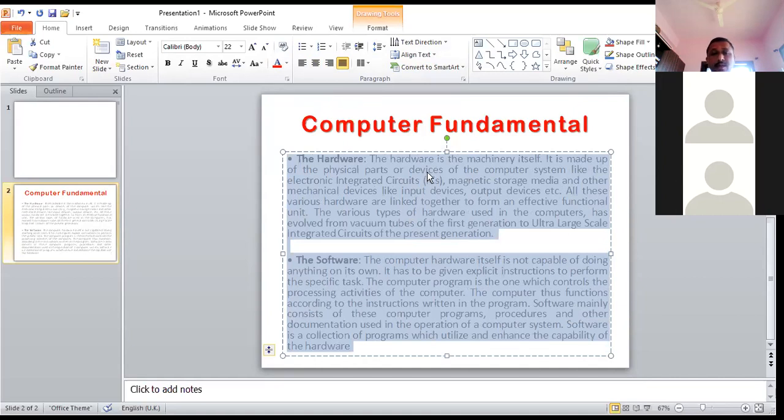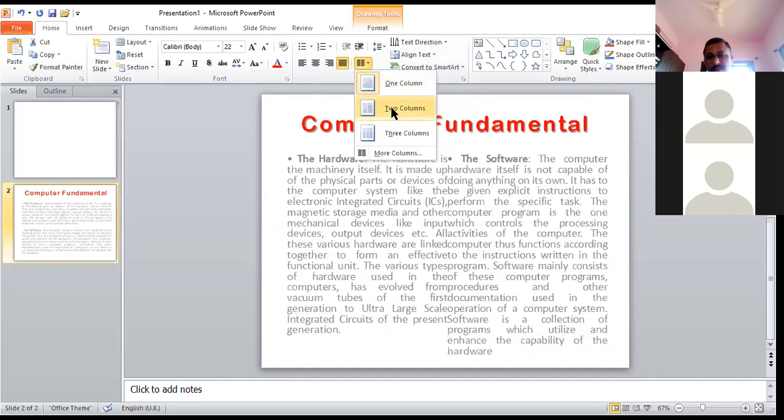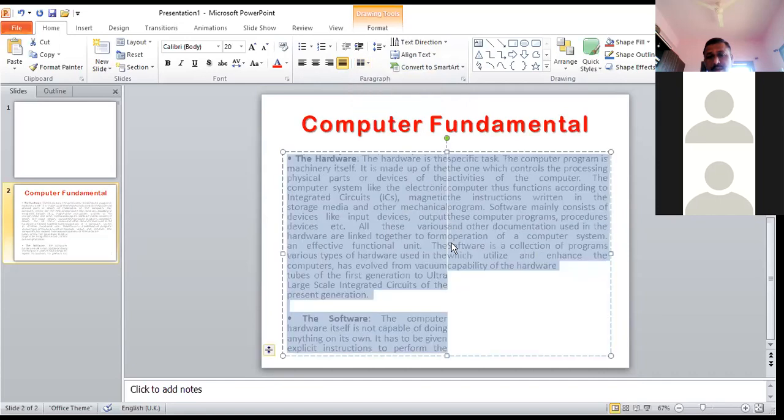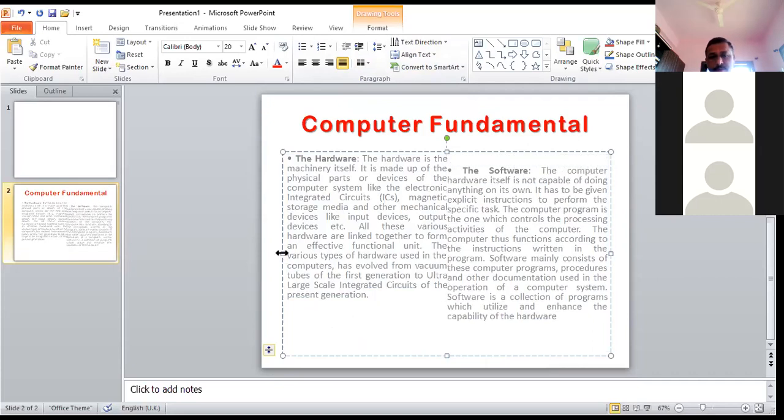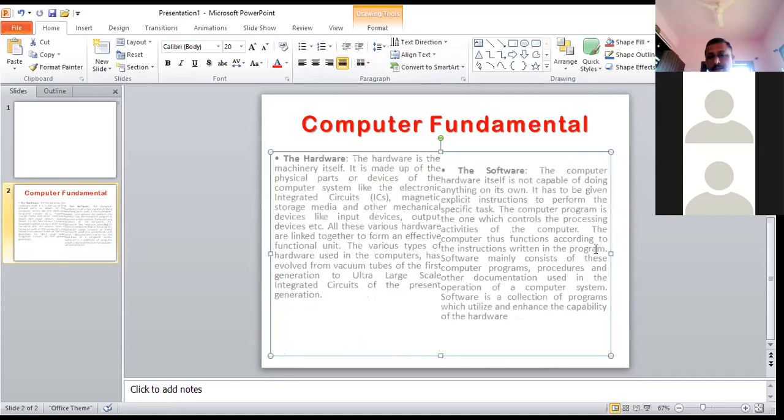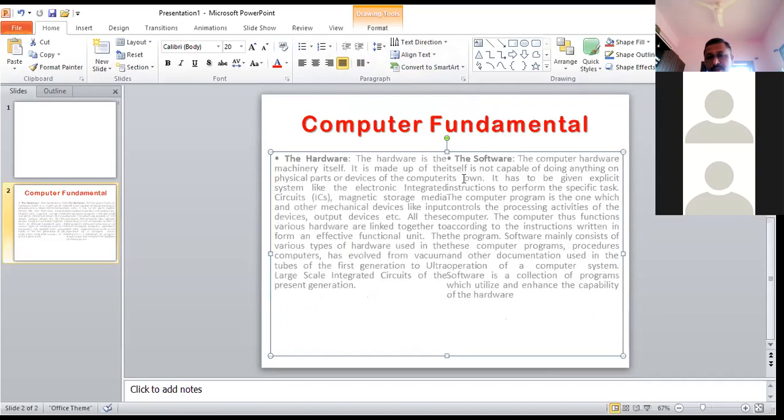Same thing, if we need this same box to be converted into 2 columns, then you can go for applying the 2 columns. You can use the 2 columns option, and it can be converted. See now, did it change? I can show you that there are 2 columns. Separate 2 columns are there now. Have you got it now?